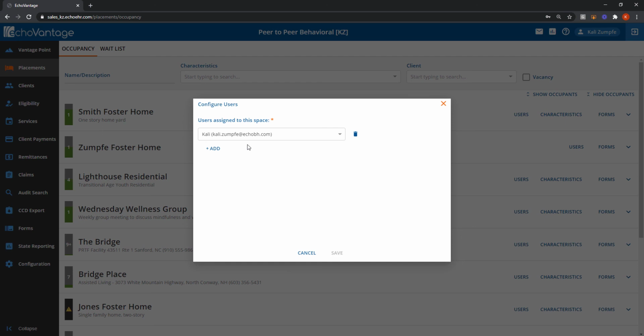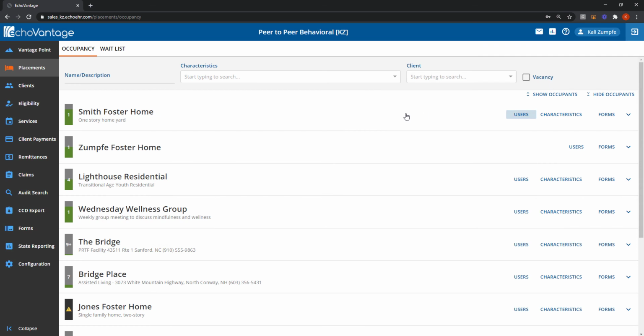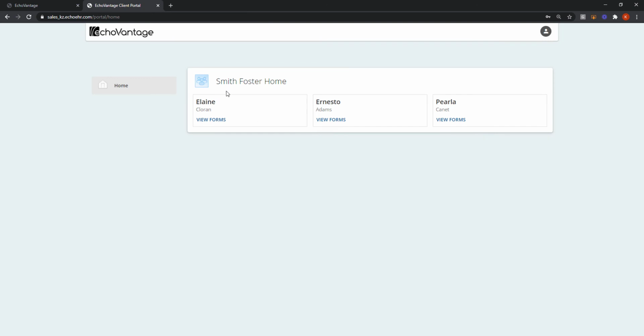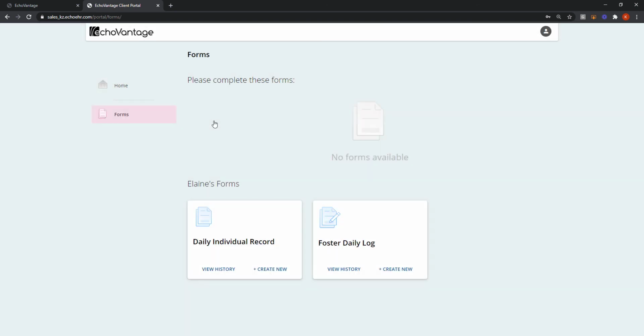So Callie, as a foster care guardian, has her own login to what we call remote forms. Callie would come here to her portal login. She would enter her username and password and log in. She would see the placement that she's connected to, and she would see the youths that are under her care. So if she wanted to fill out her daily required paperwork for Elaine, she would select View Forms and then pick the form that she's going to be completing